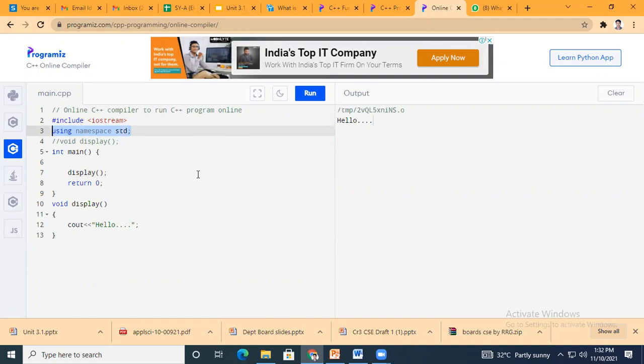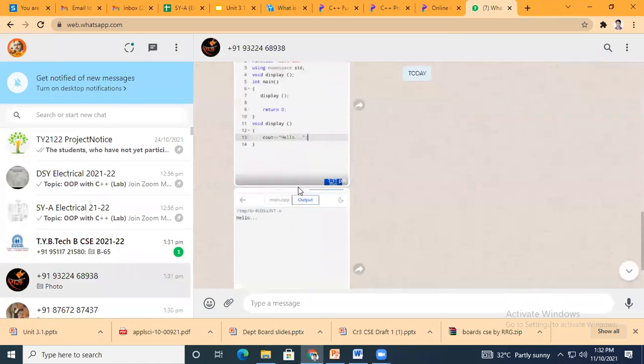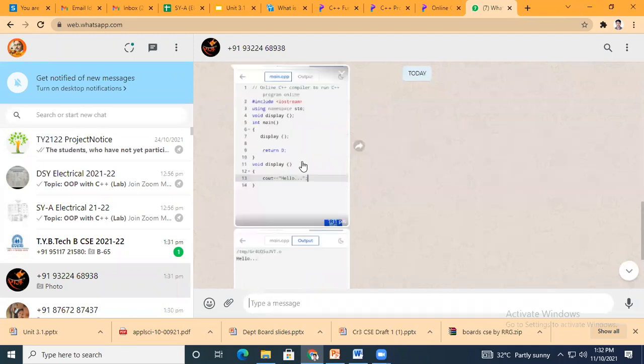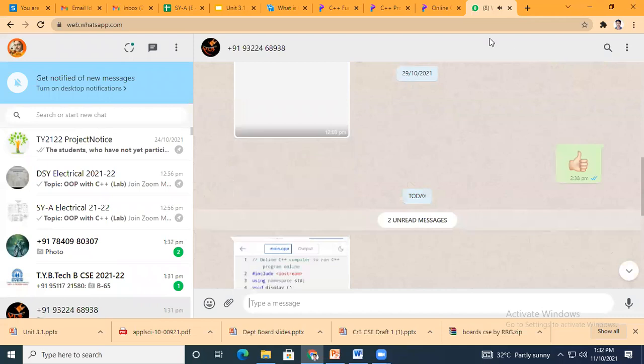So if you don't wish to write the namespace for every line, just declare it in the global part, that is outside of your main function: using namespace and the name of your namespace. Okay, one of you has got it correct.